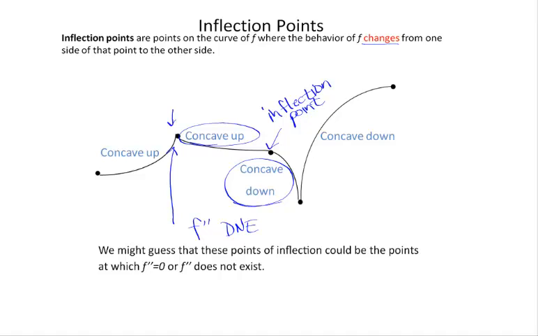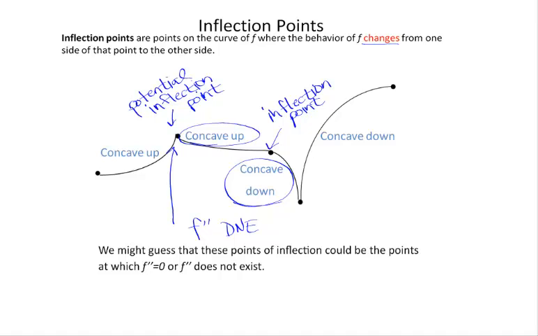I can see that the first derivative isn't defined. My graph takes a sharp curve. There is no derivative there. Therefore, if the first derivative doesn't exist, the second derivative can't exist. But this is only a potential inflection point. It will not be an actual inflection point unless concavity, the sign of the second derivative, does indeed